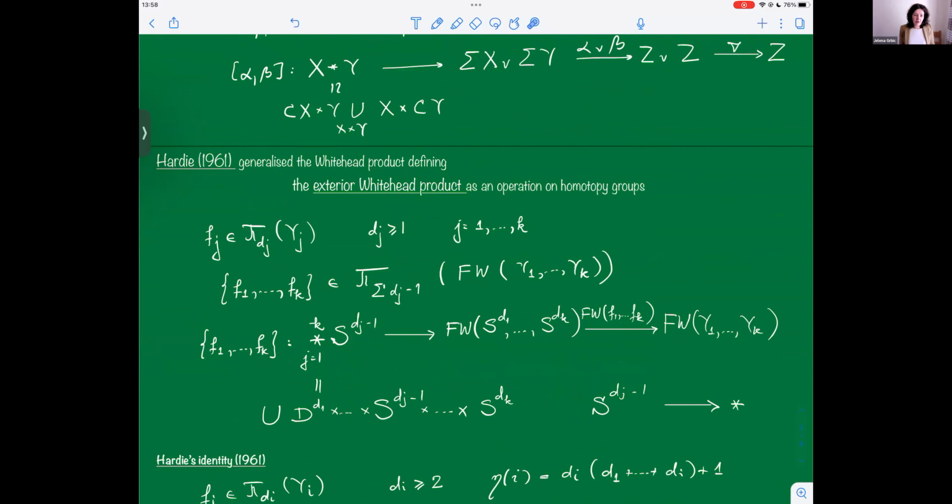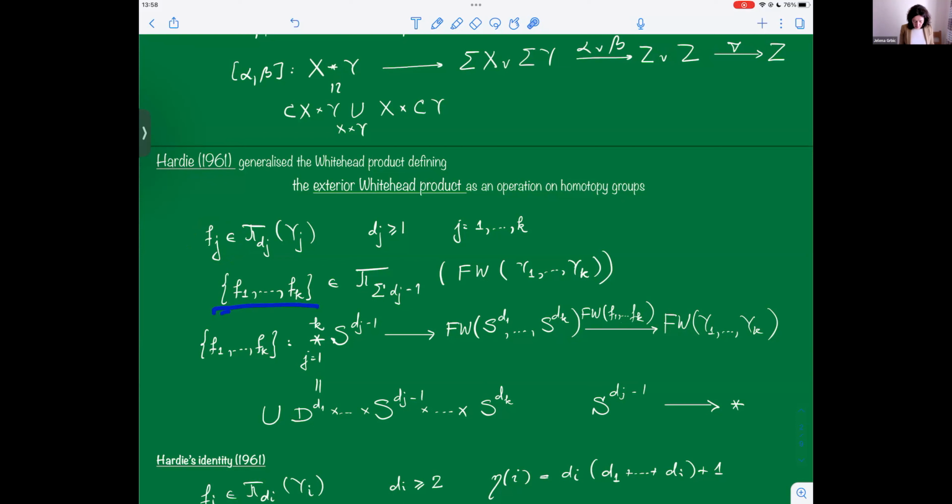So we are back at looking at spherical maps. We will take k maps from a sphere to some space Y_j, and we will associate this